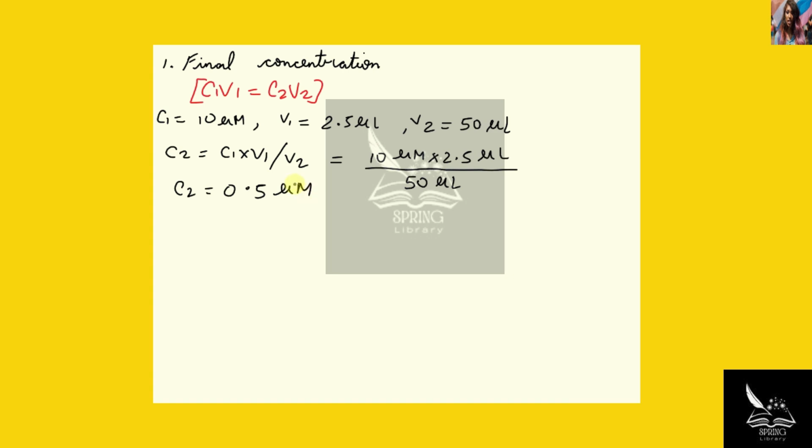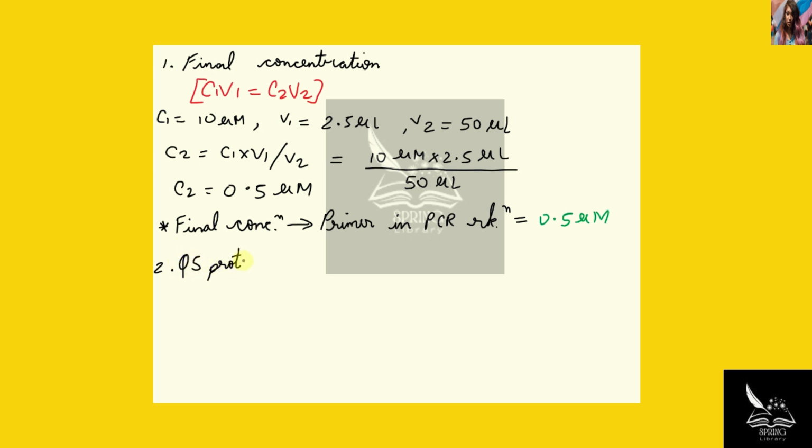Therefore, the final concentration of the primer in the PCR reaction is equal to 0.5 micromolar. For the second part, whether the final concentration of primer is within the recommended range of Q5